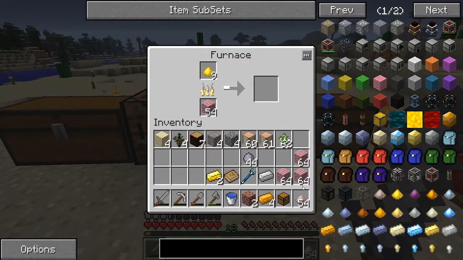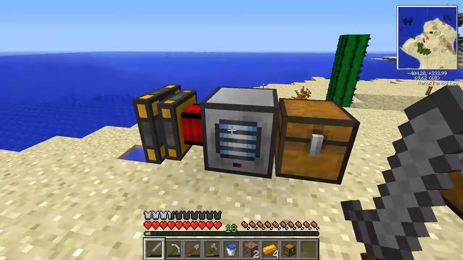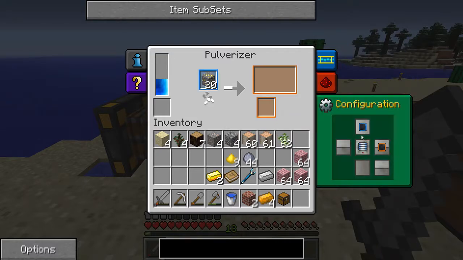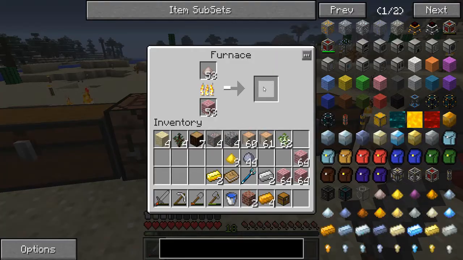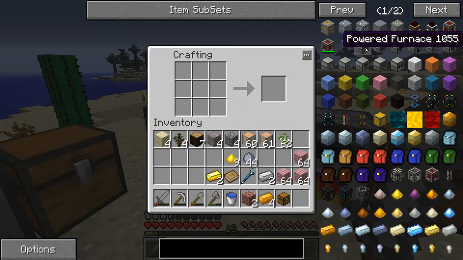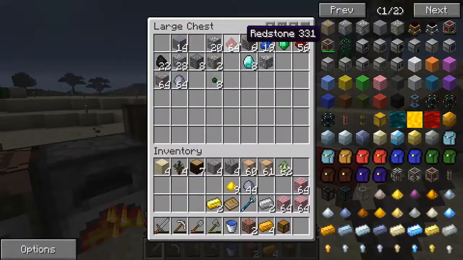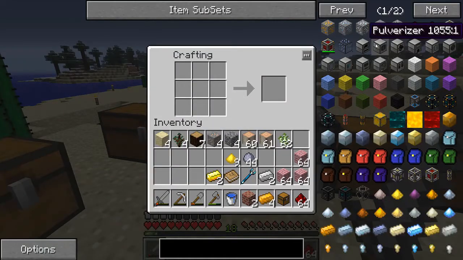I'm going to go ahead and swap this out here because I can make a hopper. I don't know why I'm not doing that. So I will change this back to blue and try to redeem myself from the failure that was. And we're going to go ahead and get this powered furnace. Let's make one of these. I need redstone. There we go. Let's make...